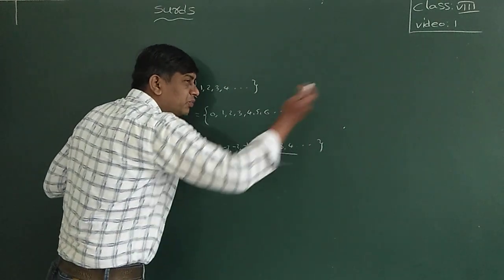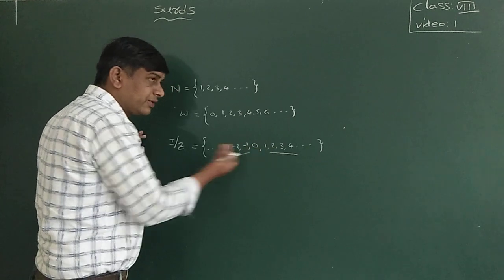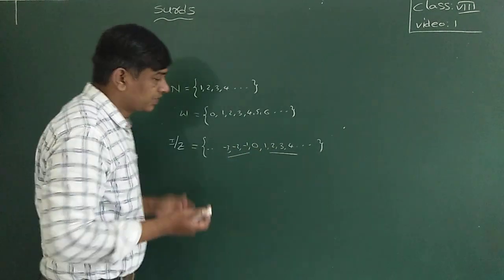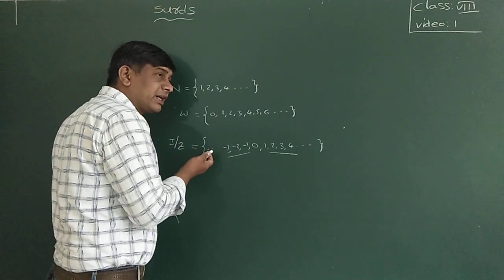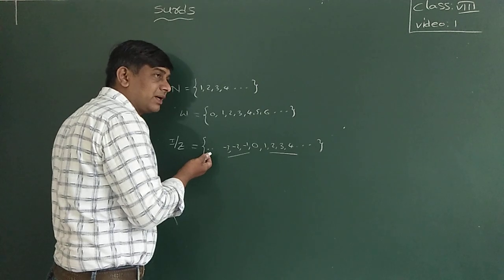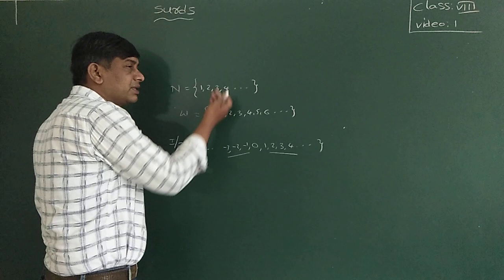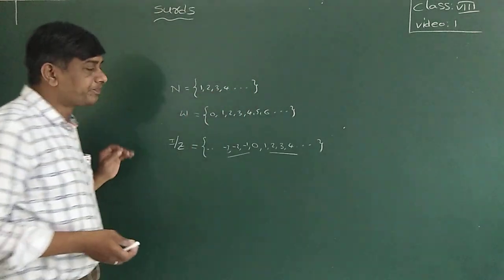Zero's right side, if you move away from 0, you will reach a bigger value. Zero's left side, if you move away from 0, you will reach a smaller value. So there is no limit for a smaller value. We can't define exactly what is the smallest value of the integers and what is the greatest value. Among two numbers, the smallest number we can identify, but the greatest number we can't.